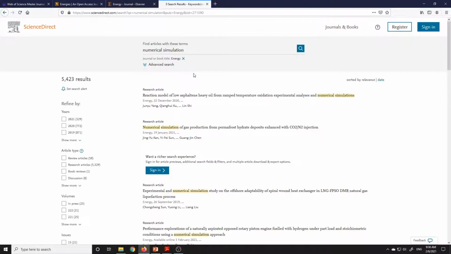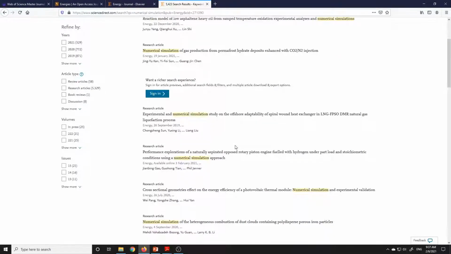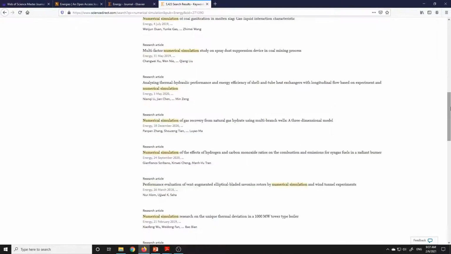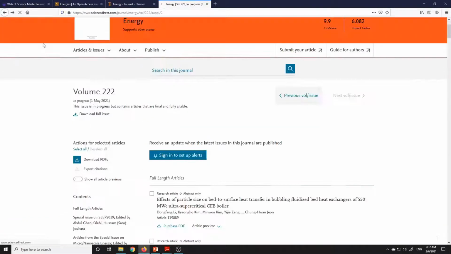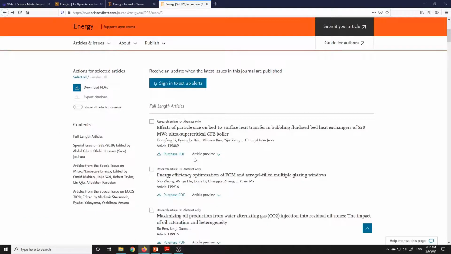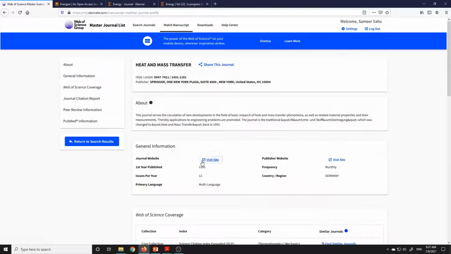Now you can see whatever work is based on numerical simulation, everything is shown here. So this is another way where you can know whether your kind of work is published here, and what the frequency is.